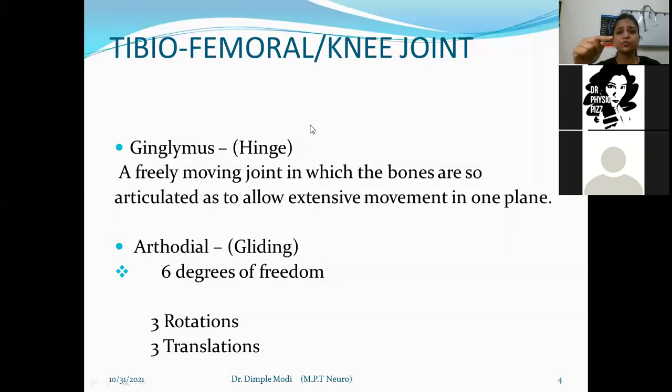The next movement is the medial and lateral rotation. It occurs in the transverse plane, longitudinal axis, which passes through the lateral side of the medial tibial condyle. If this is a femur, at the medial tibial condyle there occurs the medial and lateral rotation in the transverse plane. The third movement is the abduction and adduction, which occurs in the frontal plane, and the axis is the anterior posterior axis. In this way I complete the axes and the movements which occur in the knee joint.